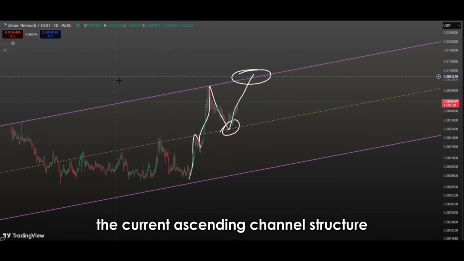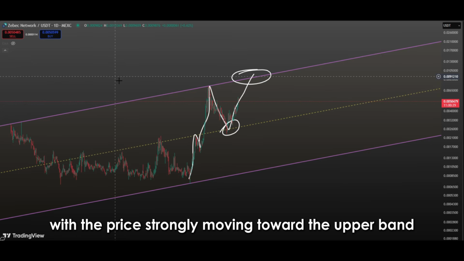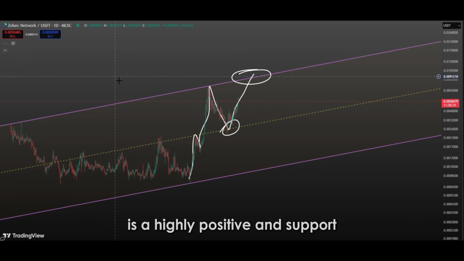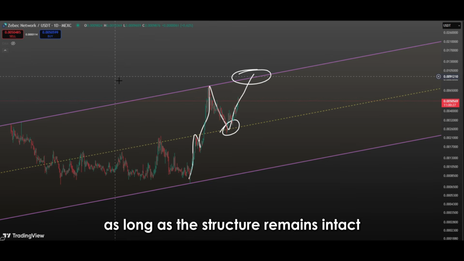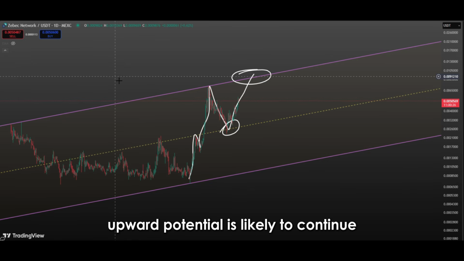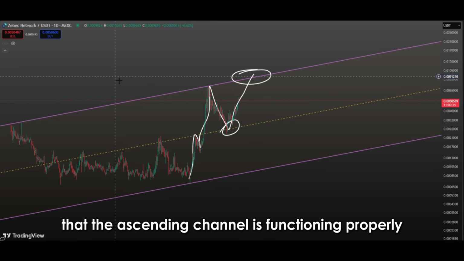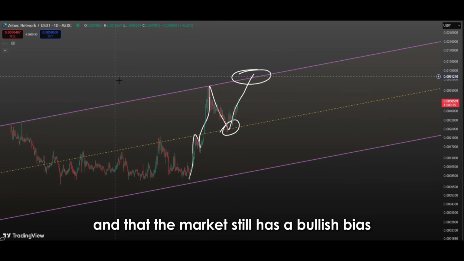In conclusion, the current ascending channel structure, with the price strongly moving toward the upper band after bouncing from the midline, is a highly positive and supportive development in terms of technical analysis. As long as this structure remains intact, both short-term and long-term upward potential is likely to continue. The upward reaction from the midline indicates that the ascending channel is functioning properly and that the market still has